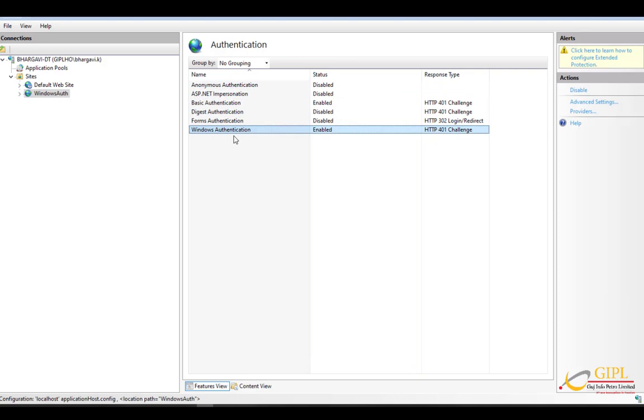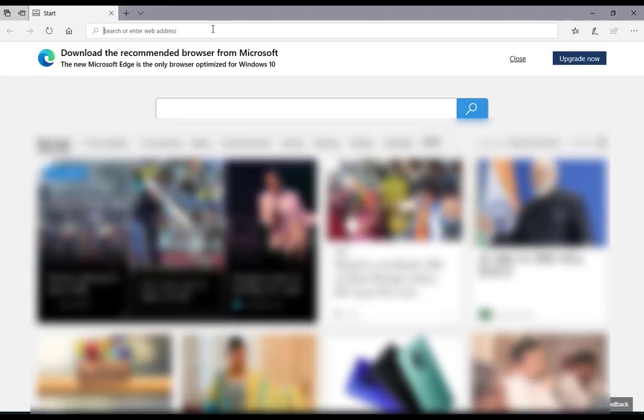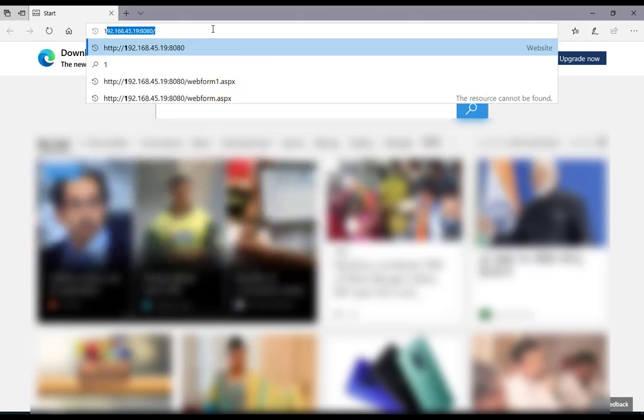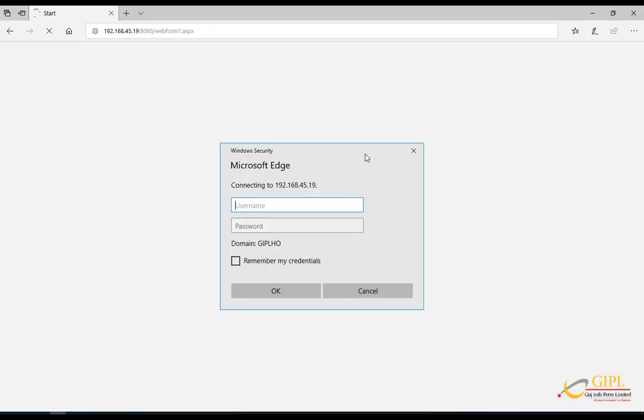And that's it. Let's run this project. Now let's try to connect to the website which we have just published. So this is the prompt which requires us to enter the user credentials of the current computer. I am entering the same.